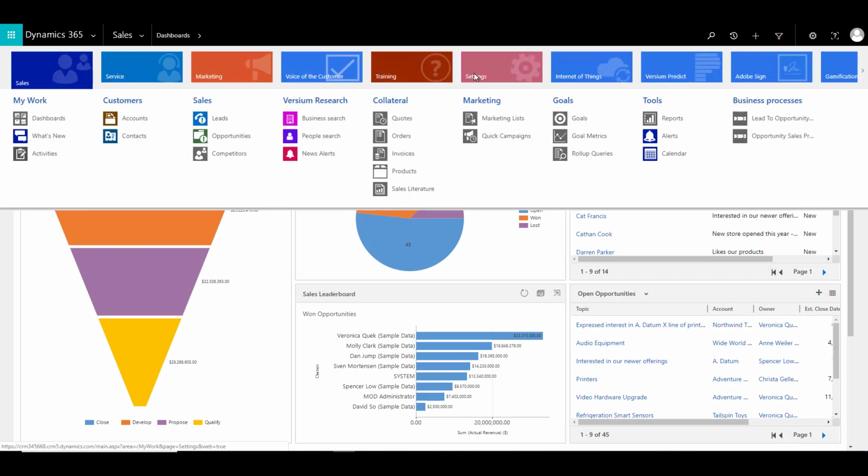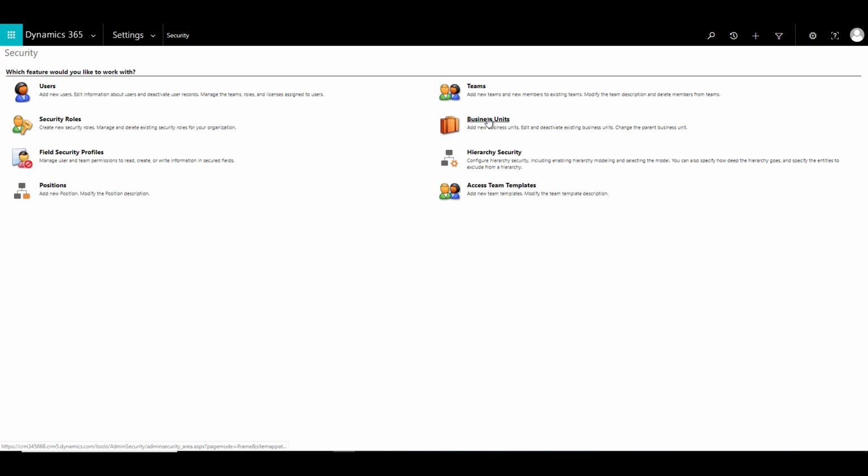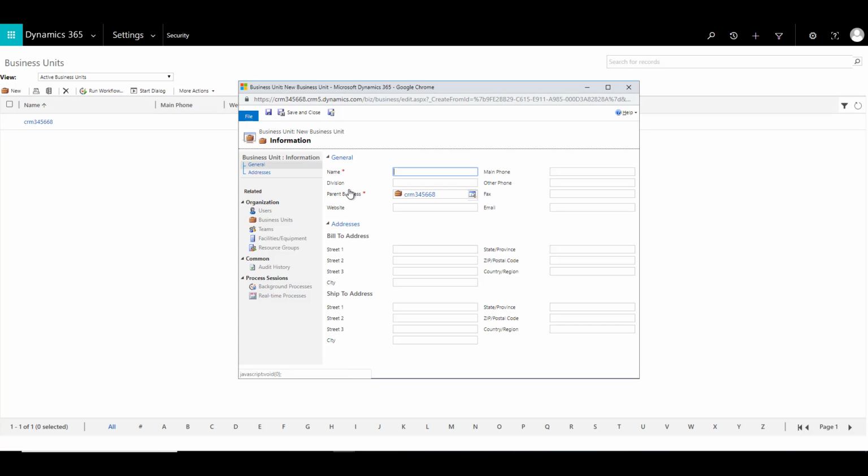Let's click on settings, security, and let us just see if we need to create business units. So over here, we see that there is already a business unit. Now this is the parent or the root business unit. Now this business unit will not have any other parent because this is the ultimate parent business unit or the root business unit. So let us just go ahead and click on new and create a new business unit called